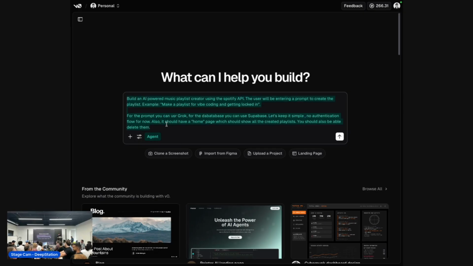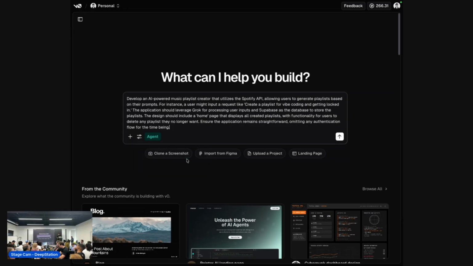One cool thing that they have implemented recently is the fact that you can enhance the prompt. So even if you give it a really vague prompt, they actually attempt in the background to make it clearer so the AI that parses the whole thing actually understands better. In this case, I'm just gonna enhance it. We're gonna wait a little bit, and the AI is actually reading the whole thing, and it rewrote it, right? Basically the same core concept that I explained, but in a way that V0 can understand way better. So in this case, I'm just gonna hit send,